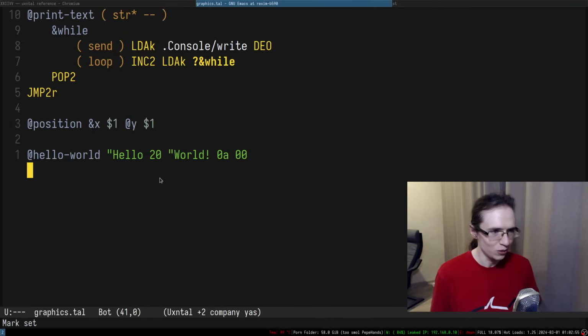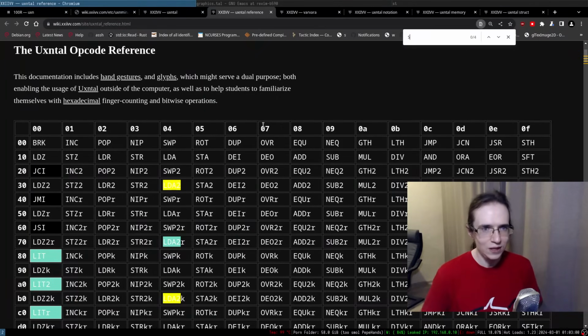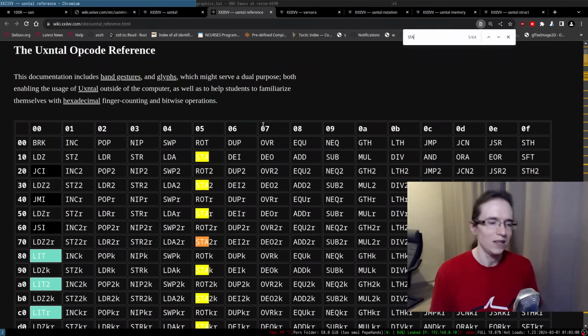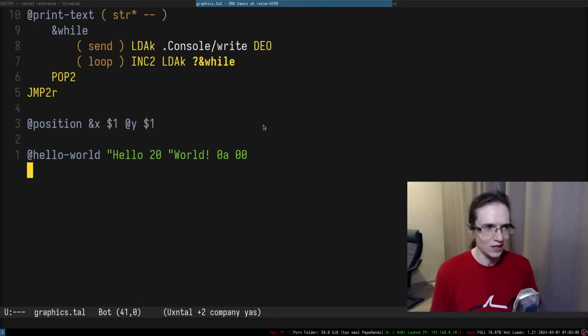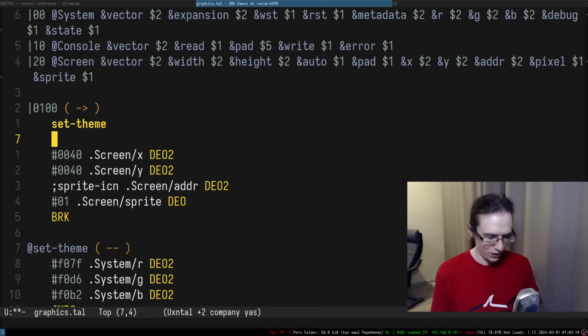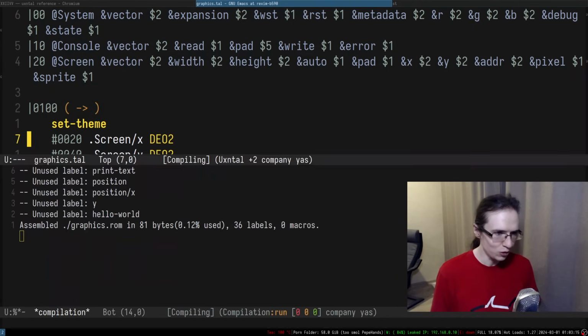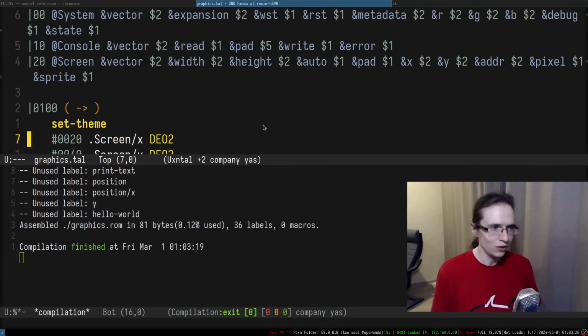So we have to do LDA2. And I suppose saving is STA. Yeah, it's a store A, and there's a store 2, and there's store 2k. Okay, so the convention is more or less clear. One of the things I want to do, actually, I want to take these coordinates, right? First of all, let me try to run this thing, so that's fine.